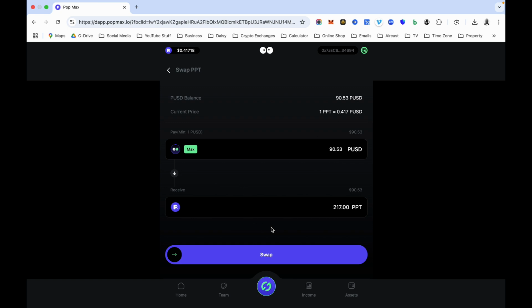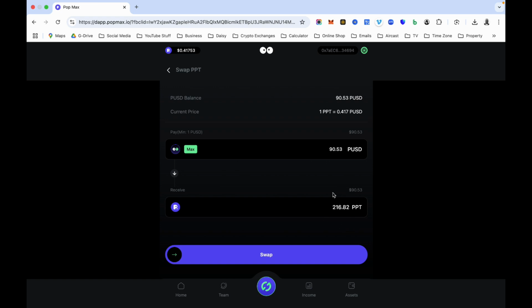And then you will notice here as well that it has converted it to 217 ppt. Now remember, the minimum to withdraw is 100 ppt, but I am withdrawing over 100 ppt, and you can see that the ppt value is changing because it is according to the market